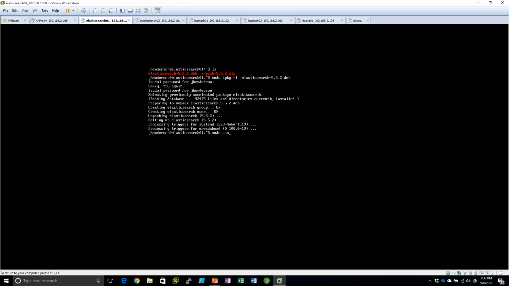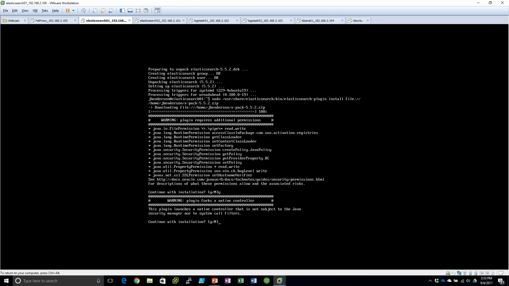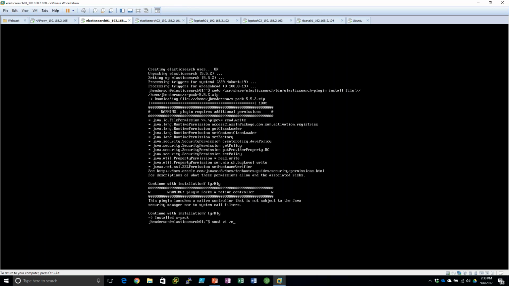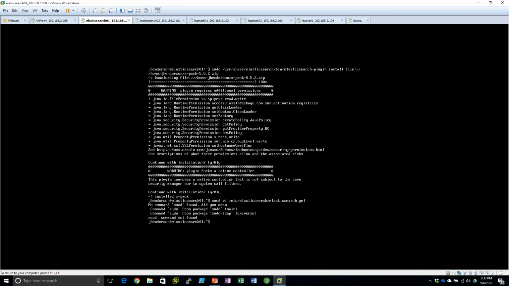Then I can do an offline install of XPack, which is this. And I've got all these in a file I'll share with you guys later because I know this is a little bit hard to see. So here we've got Elasticsearch is now fully installed on this box. The only thing you need to do is do some slight configuration changes. So here I am